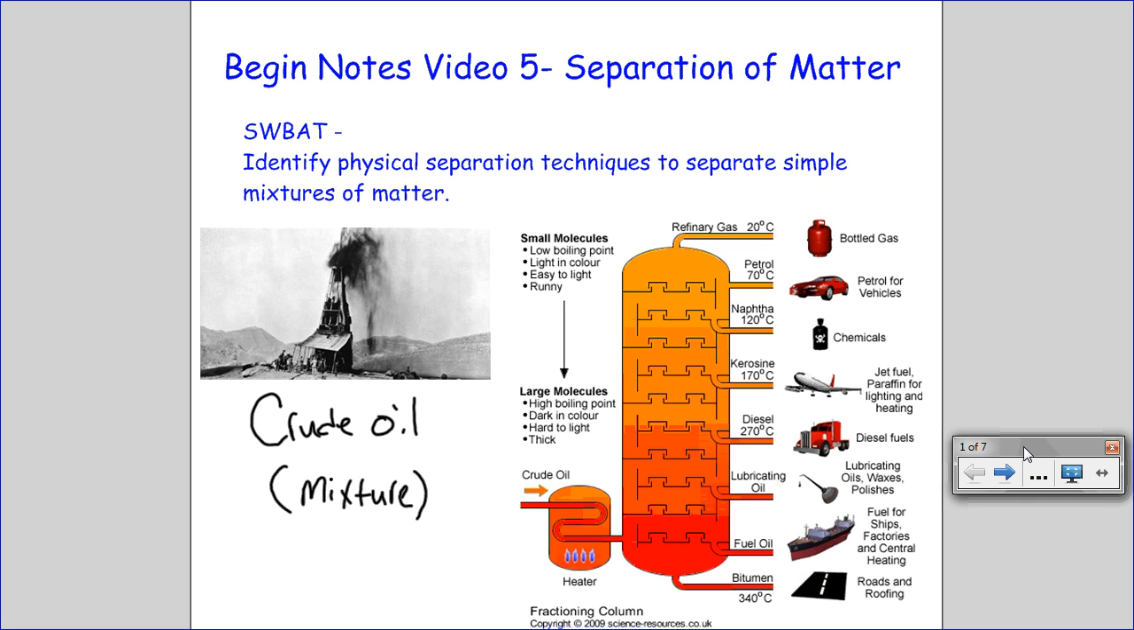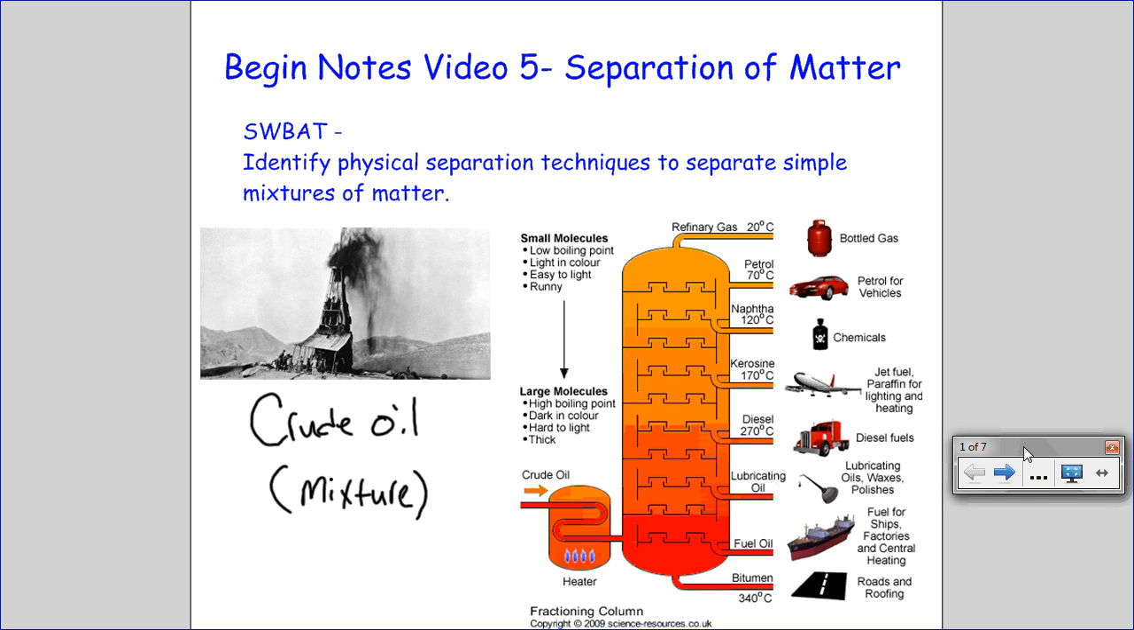In order to separate it into things that are useful, we as chemists and engineers have to do some physical separation techniques. And an industry that's called a fractioning column, where we are able to take that crude oil and separate it into all the things that we need from it, like bottled gas for our grills, gasoline, petrol for our vehicles, chemicals for the chemical industry, jet fuel for planes, diesel fuel for 18-wheelers and other transportation, lubricating oils like motor oil for all of our engines, fuel oil for shipping, container ships, as well as heating our homes,